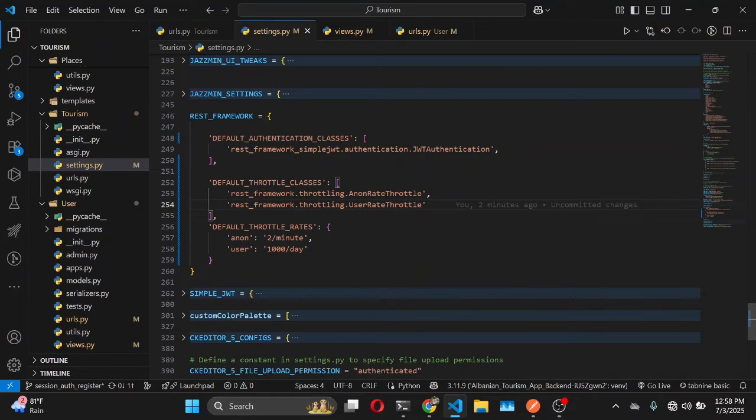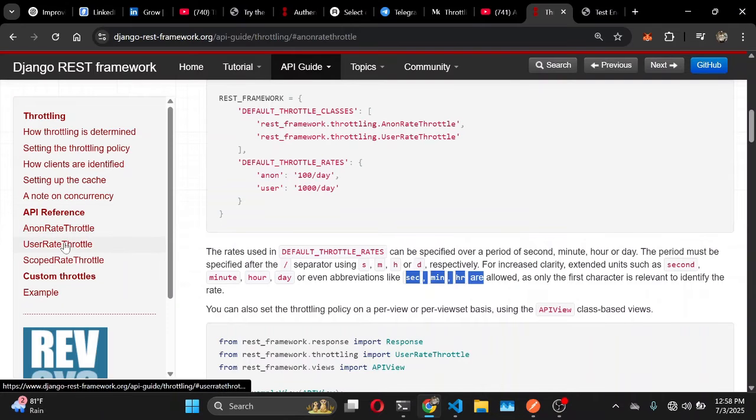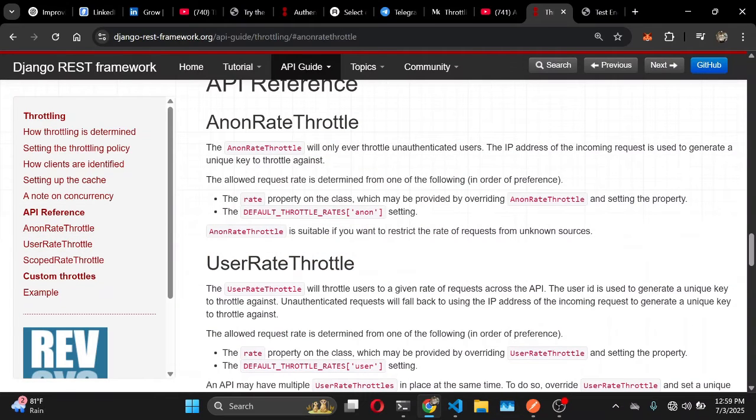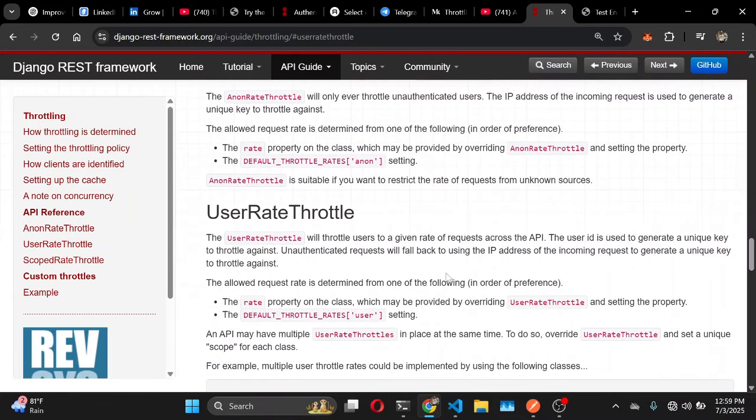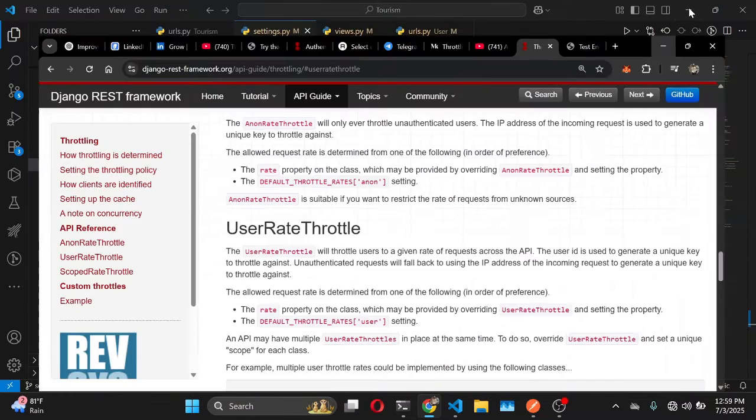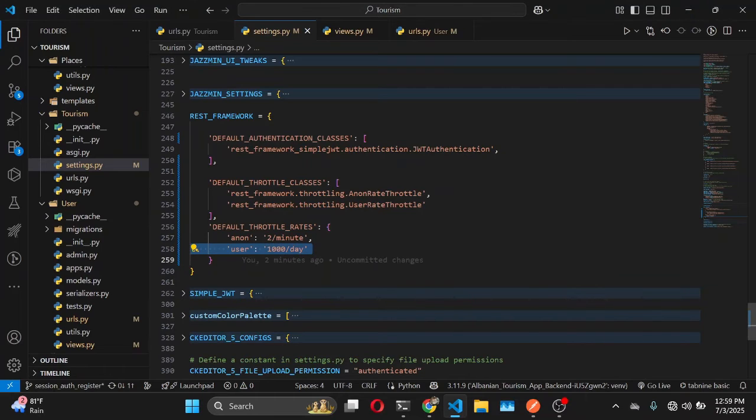Now, this is used, like I had explained earlier, to limit the number of requests that an authenticated user can make. If I head back to the documentation, we've talked about anon throttle, which is here. Now, the user rate throttle, which is what we are talking about now, helps us to limit the number of requests that an authenticated user can make. So let's say, for example, we want a logged in user to be able to make 3 requests per minute